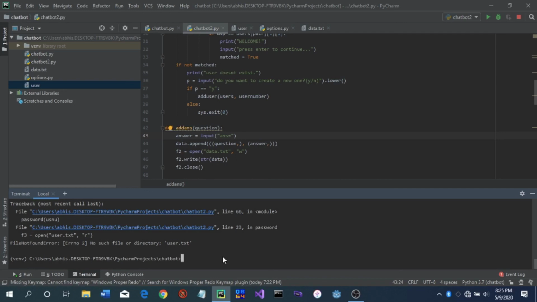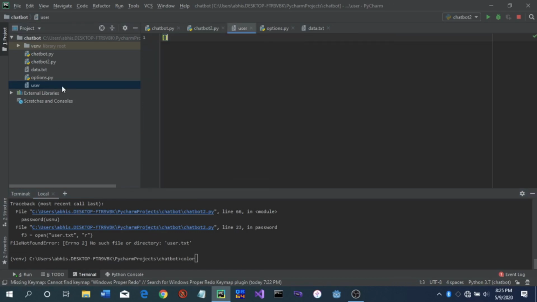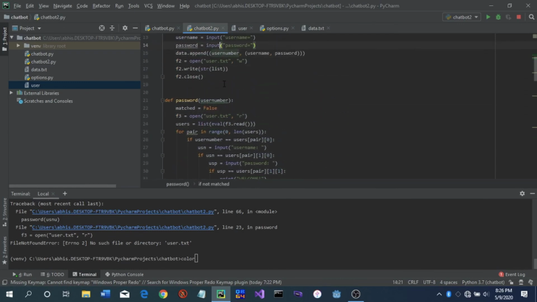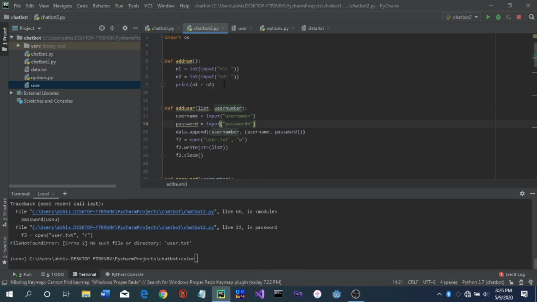Oh right, it doesn't work over here. Oh, why doesn't it work? One second. No such file or directory, but it's right here. Maybe we have to add one by default. So let's go to chatbot2.py, add user, go to add user, where is it? And then we're just gonna take this. Oh, we didn't, it should be list.append,